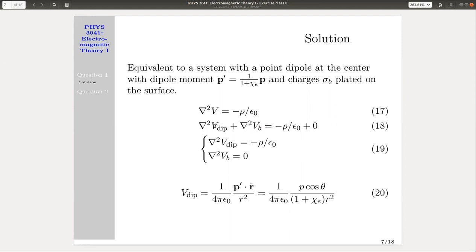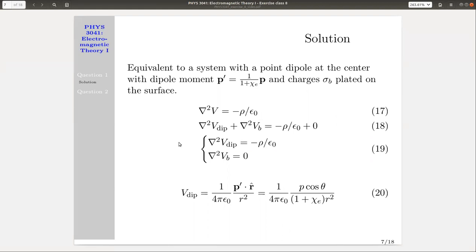So for the point dipole contribution, the Laplacian of V will simply equal minus rho over epsilon naught, and for the one from the bound charge, this one is equal to 0, which is simply solving the Laplace equation, but of course with the boundary conditions to get the bound charge density on the surface that we want. So here we can decouple the Poisson equation into two equations. So the first one is